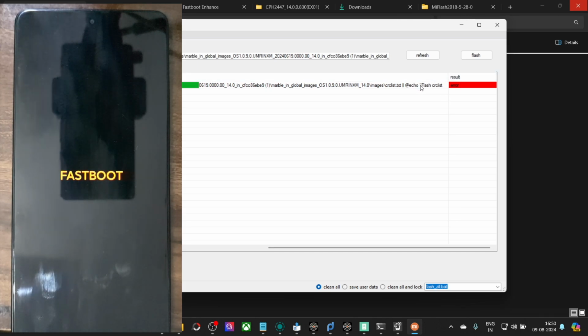The error message does not signify or explain anything as such. The flash CRC list, what does that mean or anything as such, it does not explain. So what is the reason behind this issue? But it's quite a small issue, and the reason is behind the naming convention of the ROM. So let me show you.